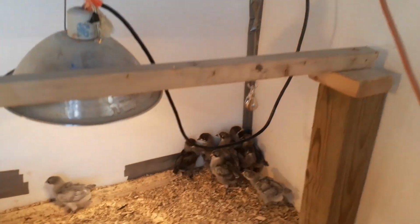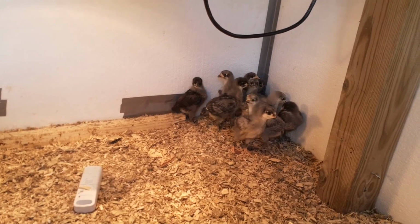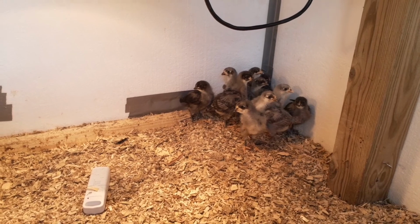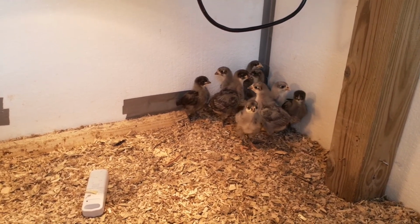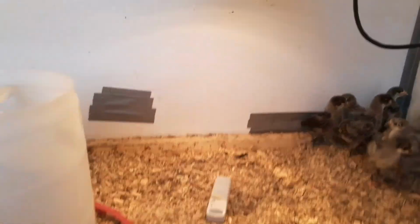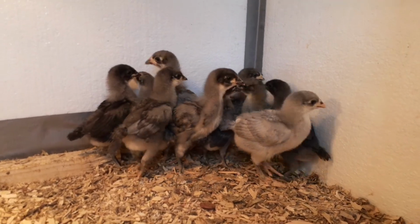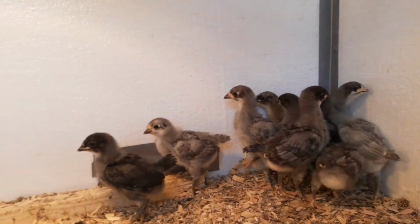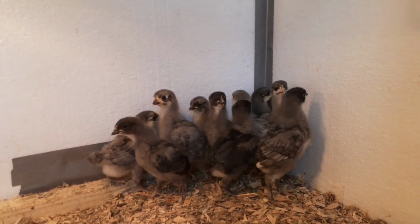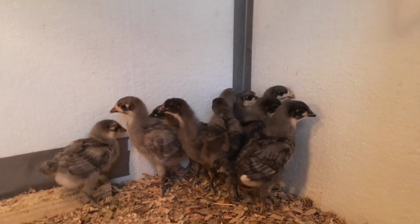These are the youngest of them all. These are our other 10 layers. These are our blue Plymouth Rocks. They're kind of like the ones that we already have, the ones that look like they have spots. But these guys here will have a black head and neck, and the rest of their bodies will be this bluish gray. They are gorgeous in pictures. Say hi,